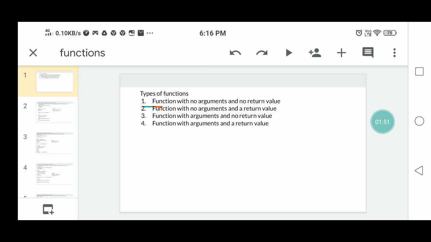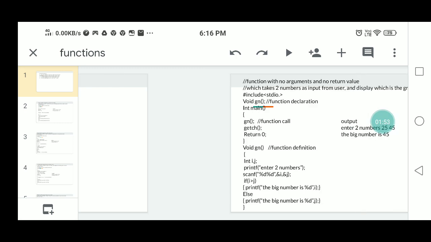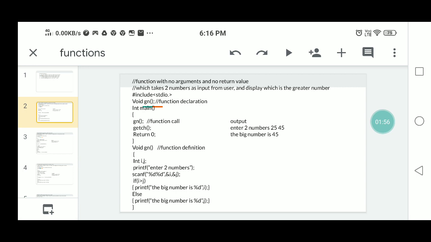Here is an example of a function with no arguments and no return value, which takes 2 numbers as input from the user and displays which one is the greatest of these 2 numbers.